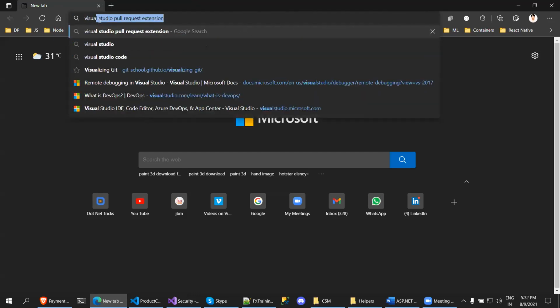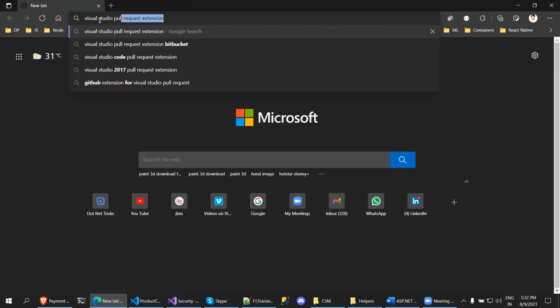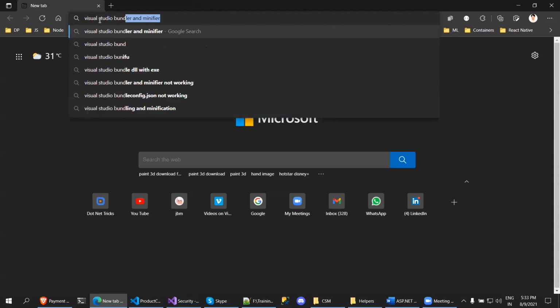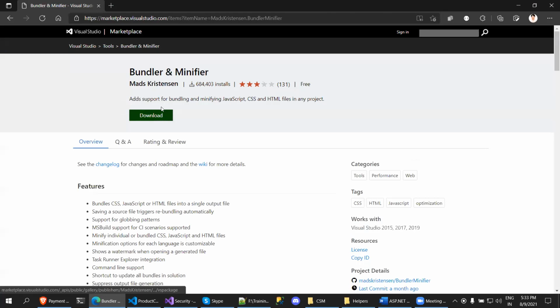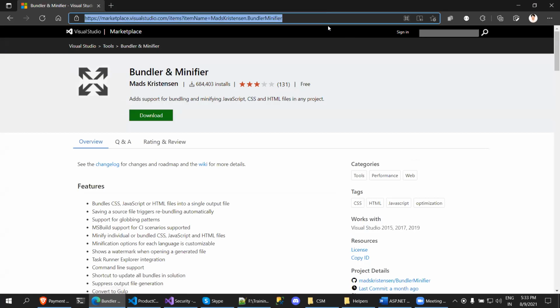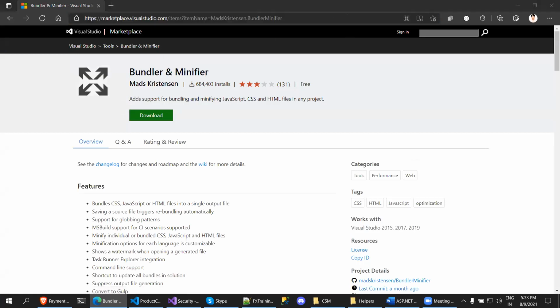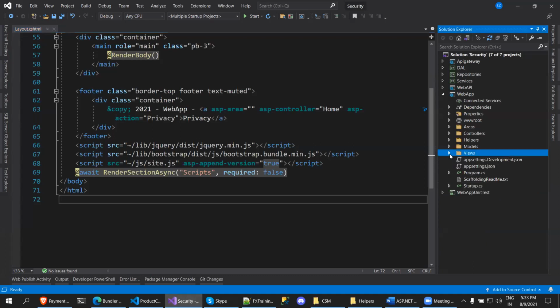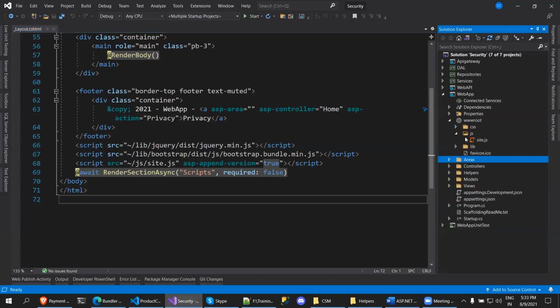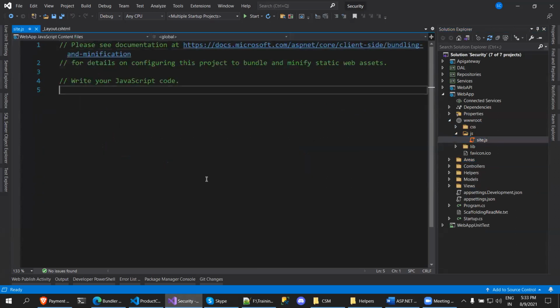So Visual Studio bundler and minifier. This is the extension. Make sure you have downloaded and installed it on your local machine. In my case, I have already downloaded and installed it, but you need to download it. Now let's say this is my